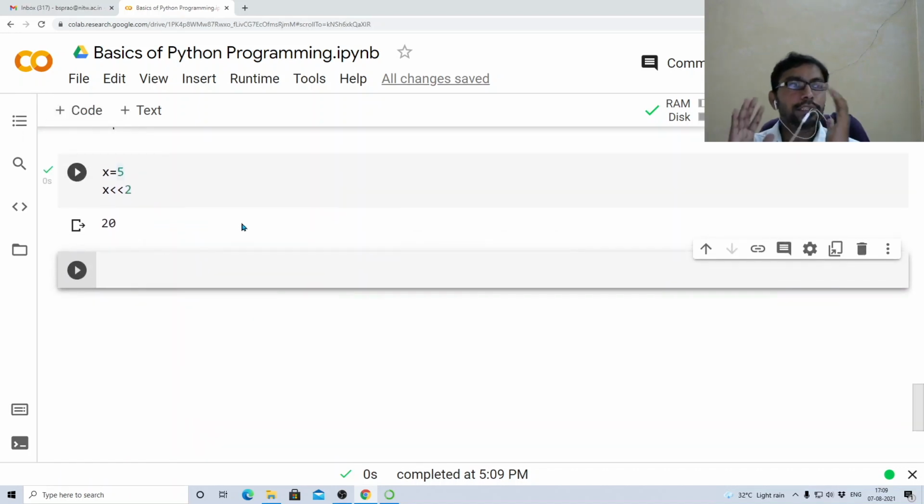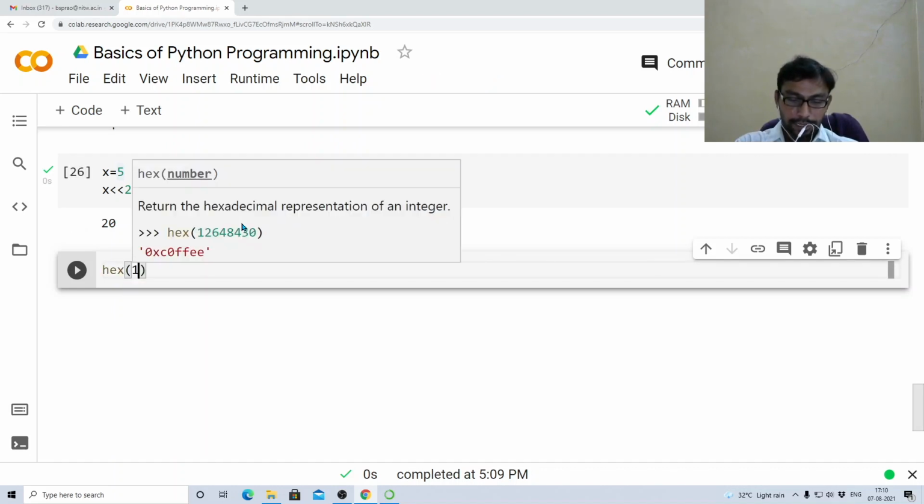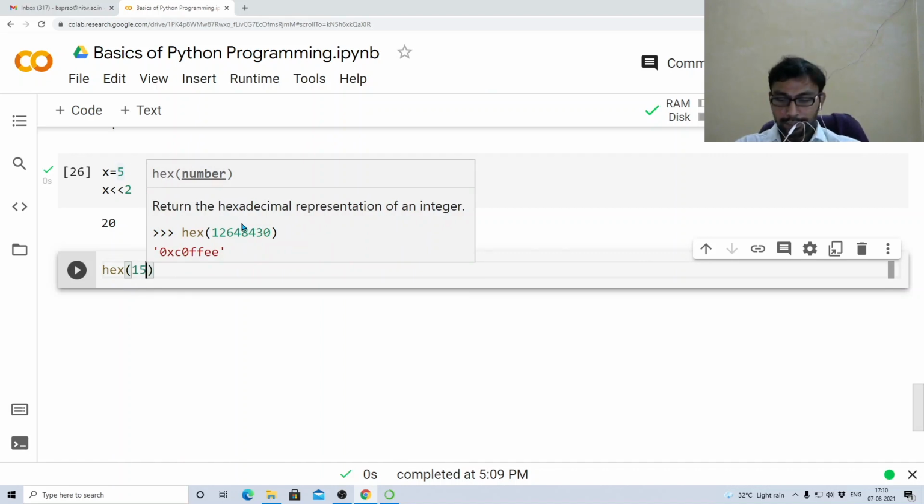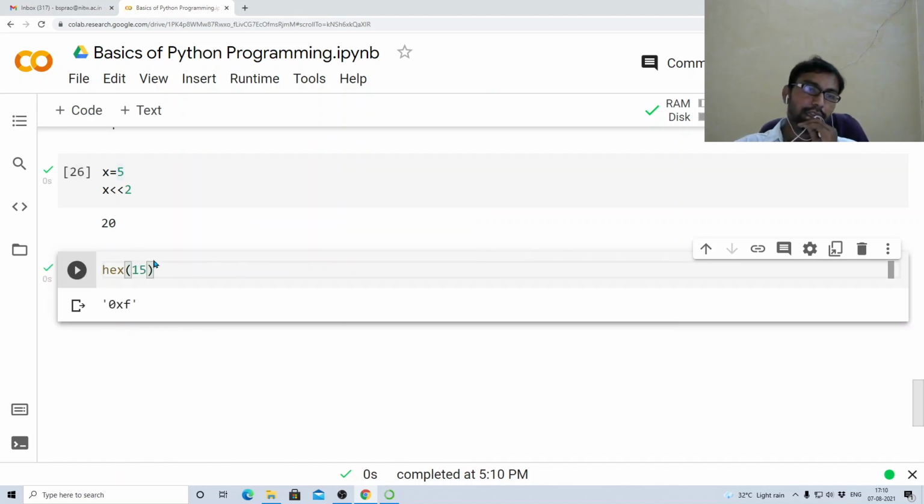Alright, so Python supports arithmetic operations, bitwise operations, relational operations. Now we'll see some of the inbuilt functions supported by Python, which will be useful. Suppose you want to convert one number system to another number system. There are inbuilt functions in Python. Suppose you want to convert a number into hexadecimal. Let me give 15. You simply write hex of 15, and it will convert into hexadecimal.